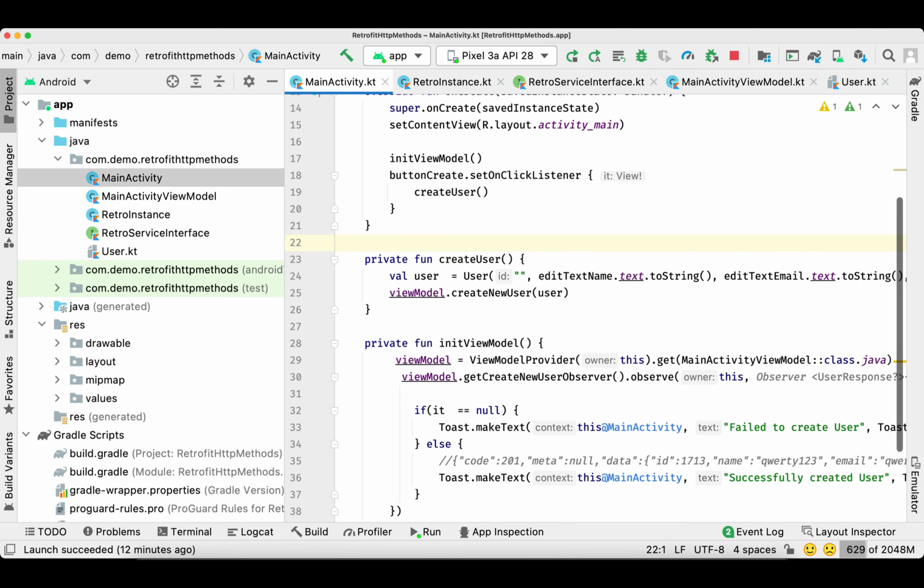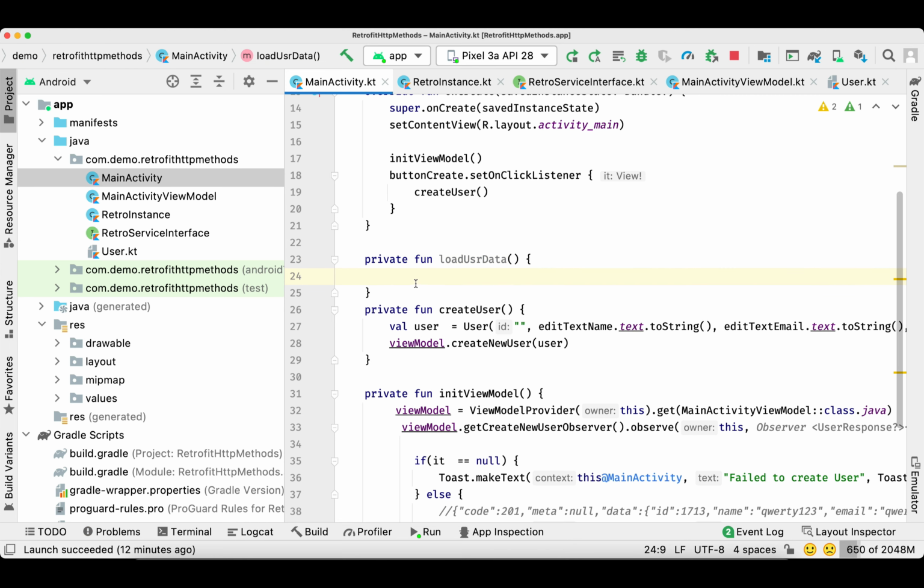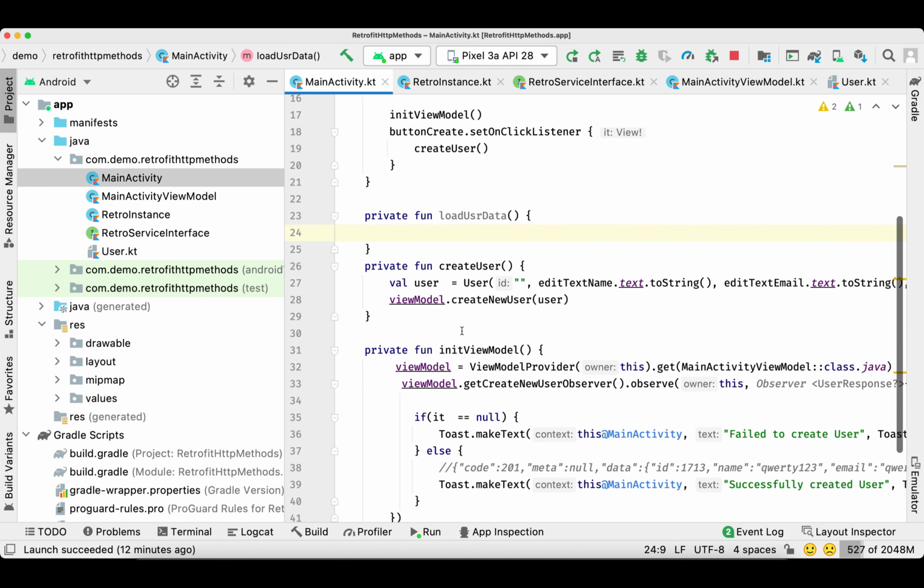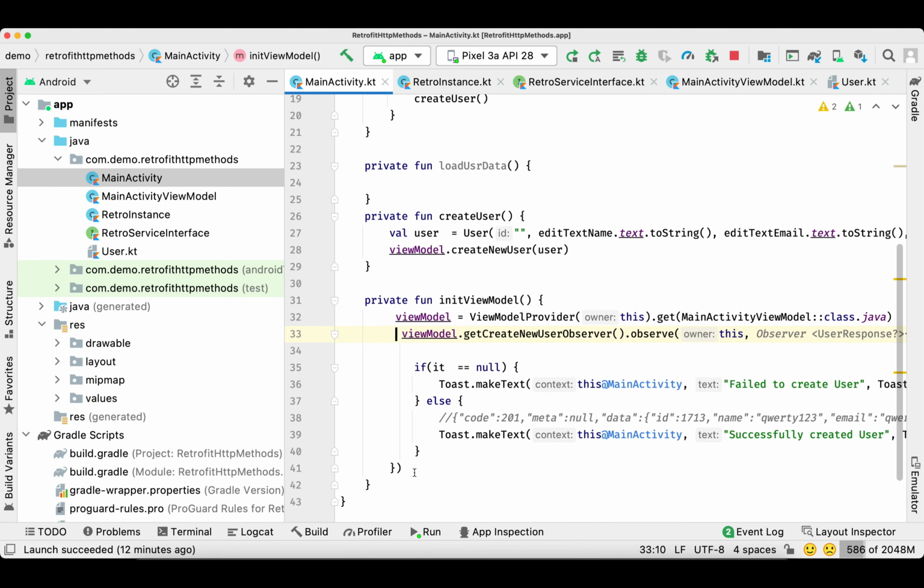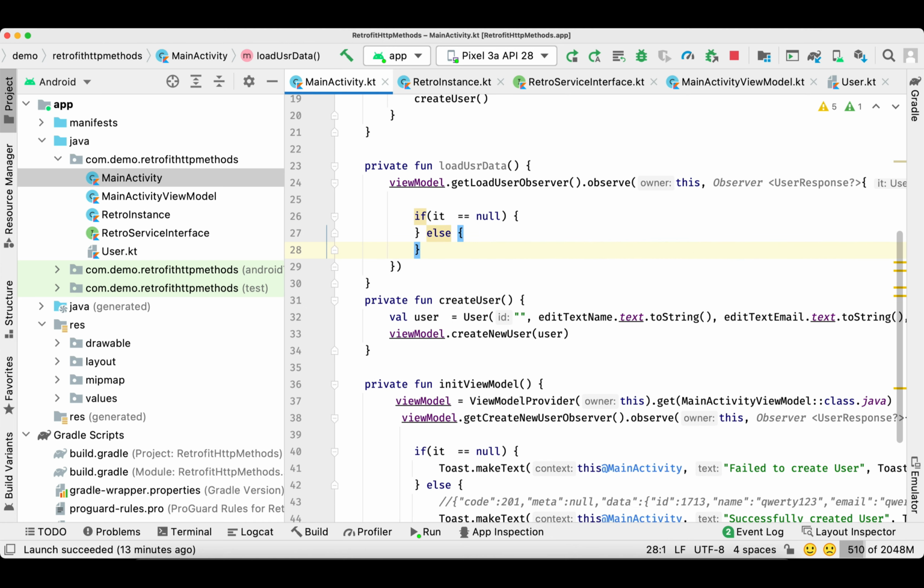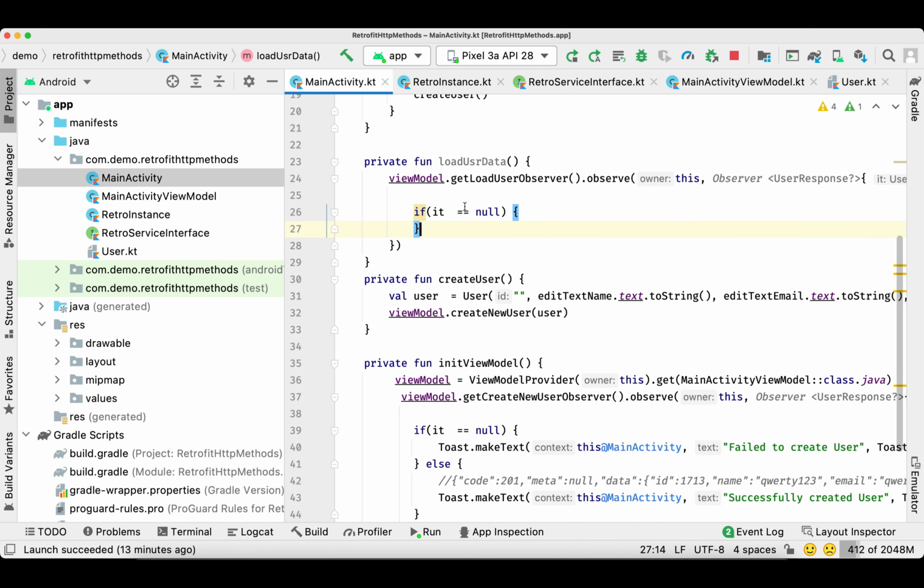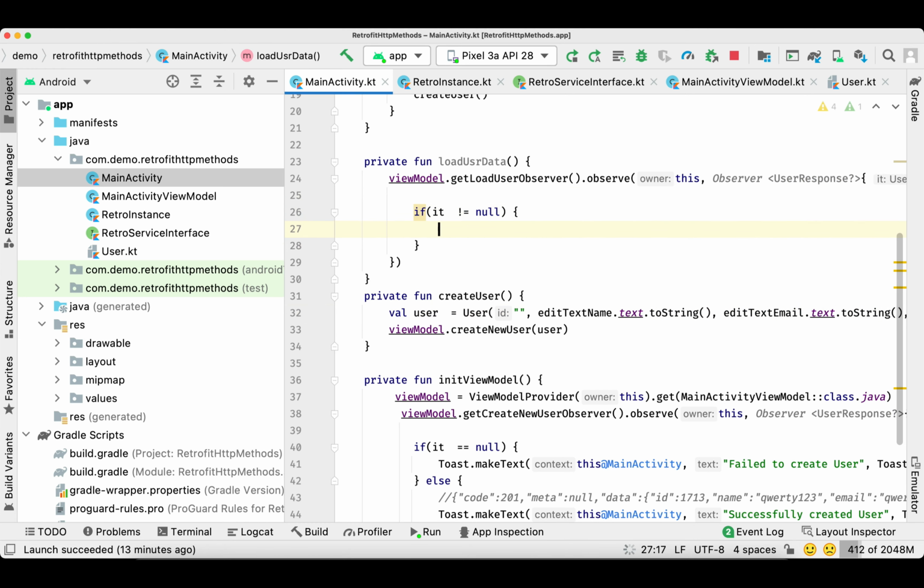First of all, as I showed you, we need to load data first. So we'll create a separate function, load user data, and inside this function we'll simply call view model. The view model is already initialized because it is called from the onCreate, and then we'll get our load user observer. Everything will remain the same, so we don't need to display the toast. We'll set our received data in our text views. If it is not null, then we'll set